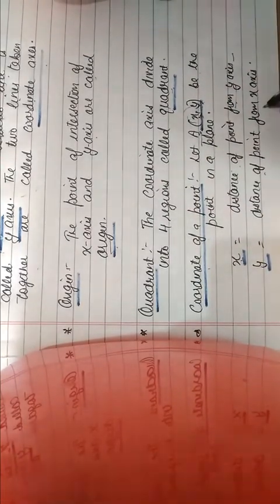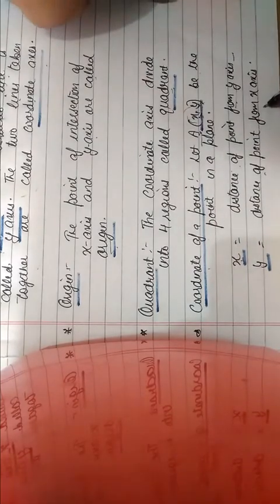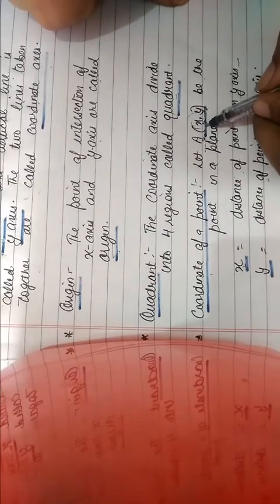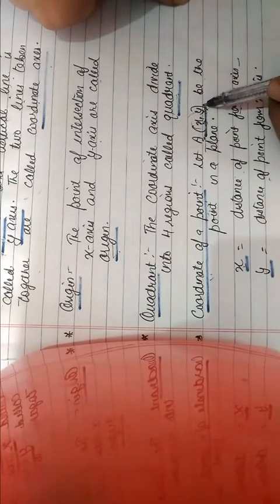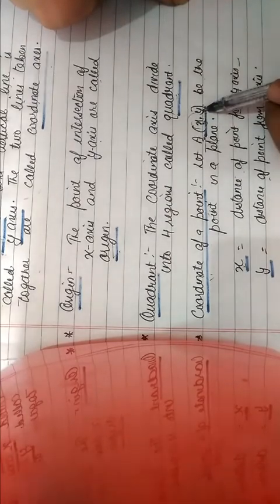x means the distance of the point from the y-axis, y means the distance of the point from the x-axis. We will always write the coordinates in this form. Firstly, we write the value on the x-axis, then the value on the y-axis. Then these are taken together. This is said to be the coordinate of a point like A. Coordinate of A is (x, y). When the coordinate of a point is (0, 0), it is said to be the origin, meaning the value of x is 0 and y is also 0.